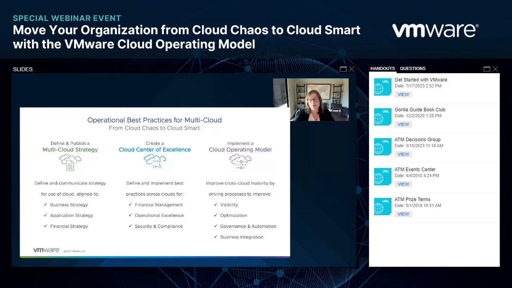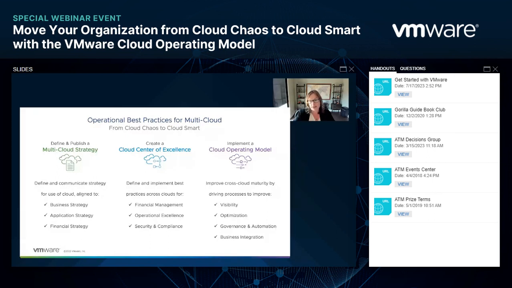And then finally, implement a cloud operating model. And that's what we're talking about today. And that's where we mature our operational practices from the operational practices that were in use when we were an IT organization with our siloed network, storage and compute departments, to really modernizing and adjusting to be able to get the best use of